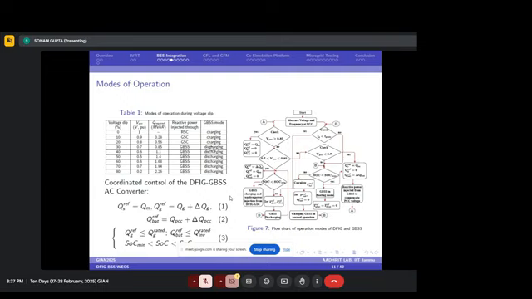So in that case, what will happen, the grid battery storage system will come into the discharging mode, and it will start providing the reactive power and help in maintaining the voltage at the PCC. So this flow chart of the operation mode of the DFIG and the grid battery storage system is representing what is happening during the change in the voltage, like the voltage at the PCC, if it is greater than 0.85,